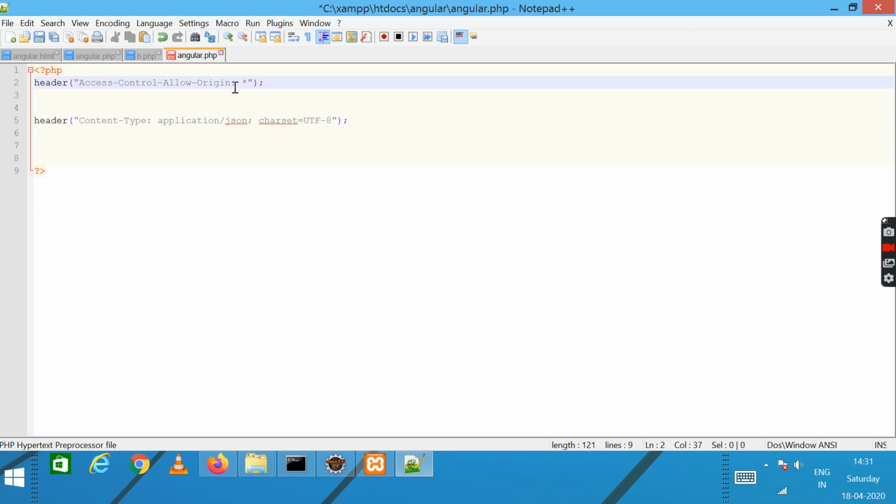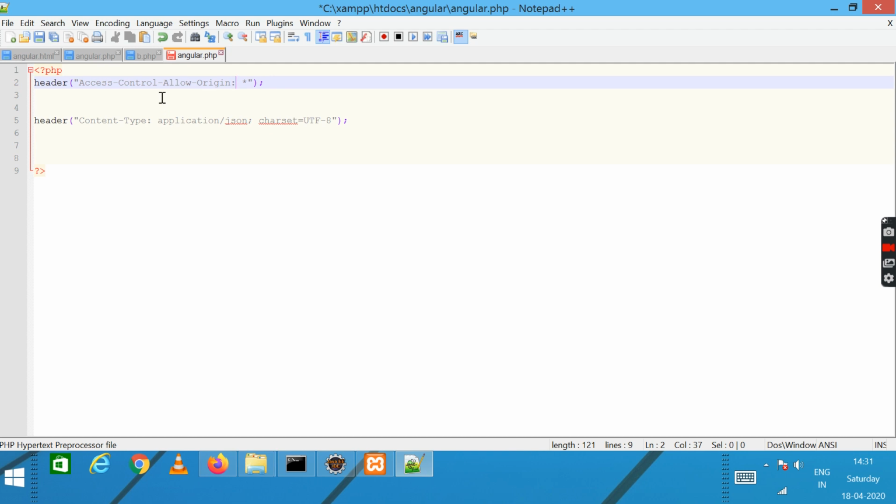What happens is, most of the time, if your Apache server doesn't allow the origin domain to access, then we have to use this Access-Control-Allow-Origin header, which allows the different types of response headers coming from the PHP.